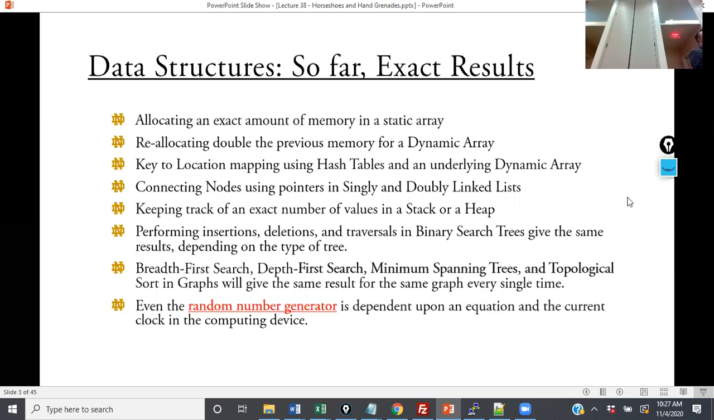And all the problems that we've worked on are where we're looking for an exact result. We're trying to find, for example, the longest increasing subsequence. We still eventually are going to come up with some sort of exact number. And even the random number generator in SRAND, which we used most recently to develop randomized probabilities for a tree, is dependent upon the equation and the current clock in the computing device, which is why we call it a pseudo random number generator. So all of these things are going into an exact solution. However,